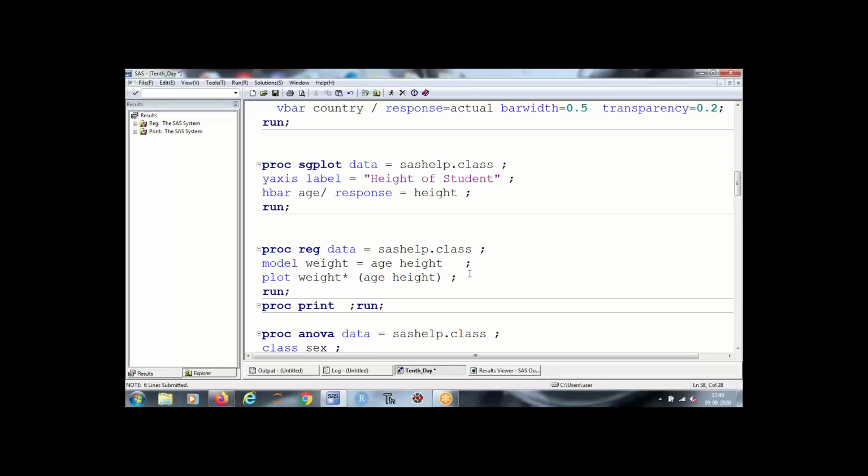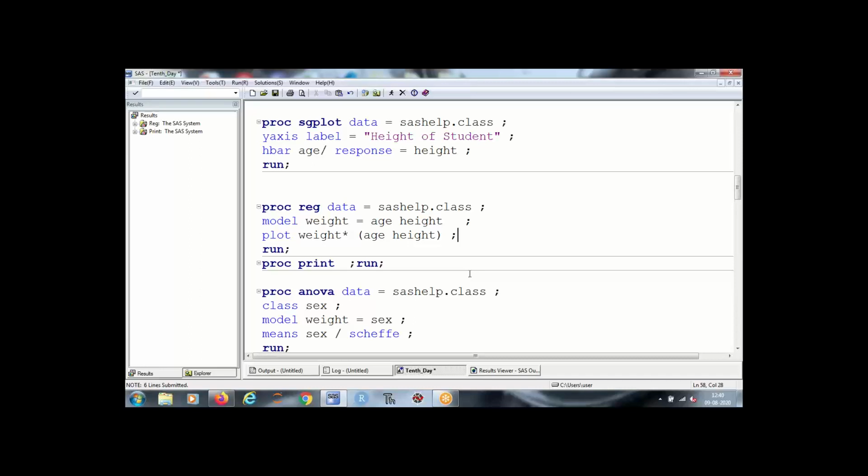All right, and then we have one procedure known as ANOVA.